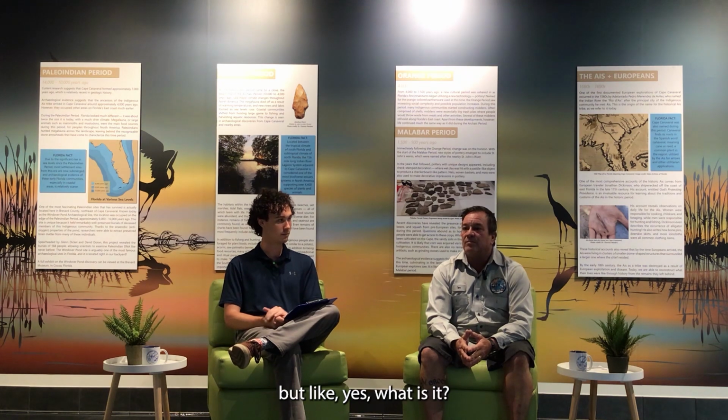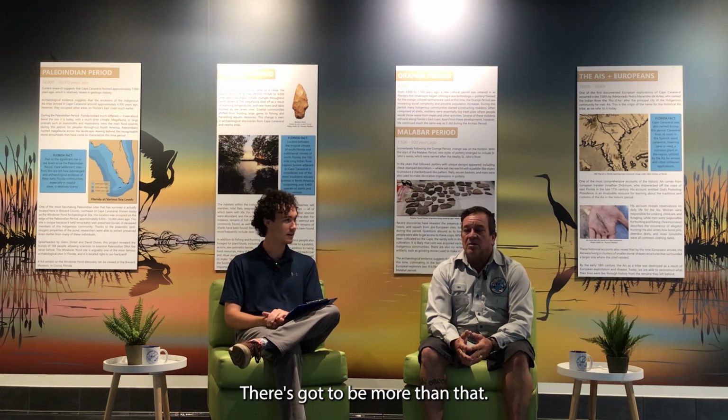Nice. Very cool. So, what are the environmental impacts that trees can have on a community? I mean, they certainly look nice, but there's got to be more than that. Well, yeah, of course. It's pretty proud to be part of Tree City because the urban canopy is very important